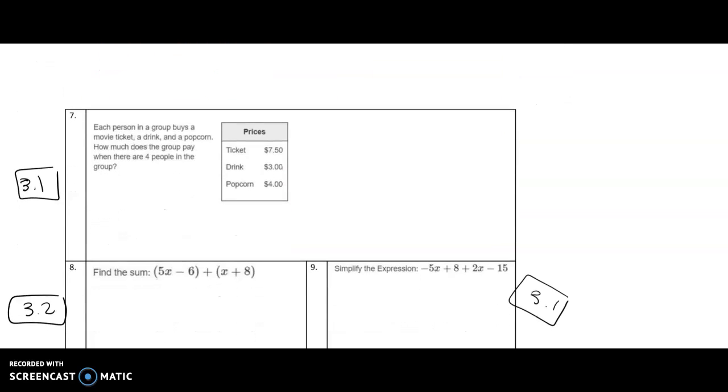For number 7, this one's a little bit more simple. We have to take all of these and add them all up, because it says that each person in a group buys a movie ticket, a drink, and popcorn. So everybody's going to buy this. We are going to do 7.50 plus $3 for our drink plus $4 for our popcorn. And we get